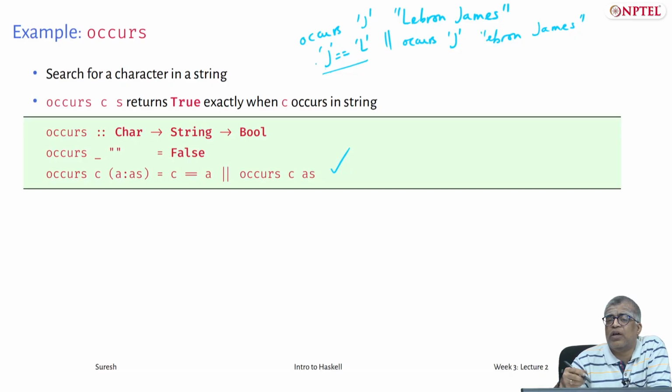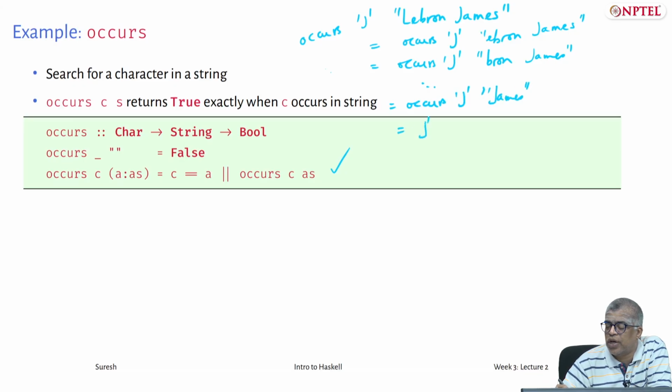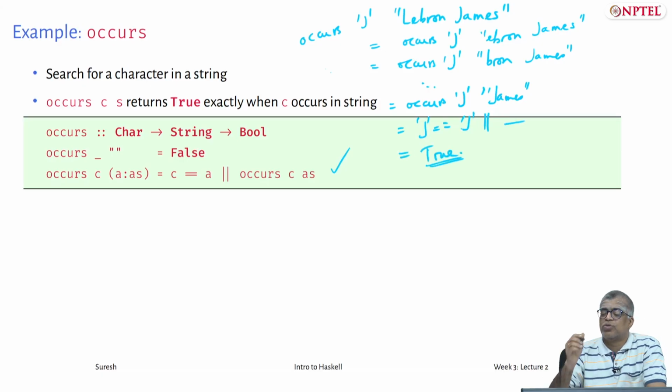So whenever the comparison is false, I'll implicitly just go on to the recursive call. So occurs J in "LeBron James" is occurs J in "eBron James", etc., all the way till occurs J in "James". But that will reduce to J equals J or something else, but this itself is true, so you will get the value True. Okay, so this is how this happens.